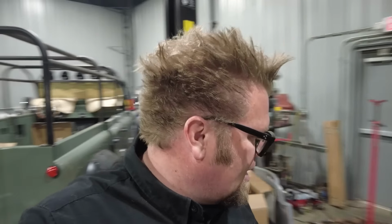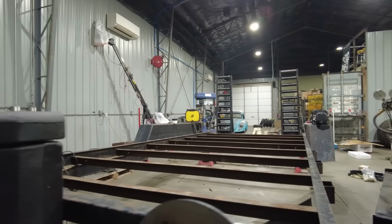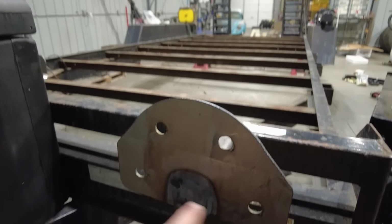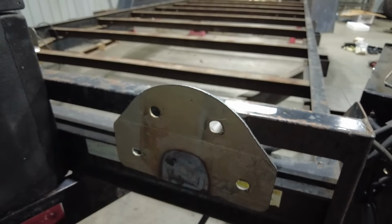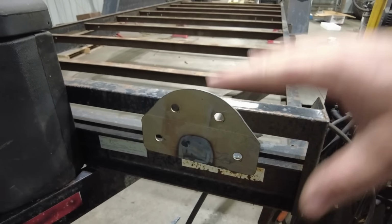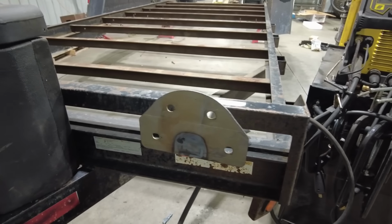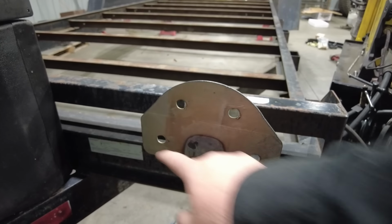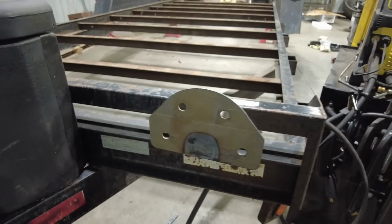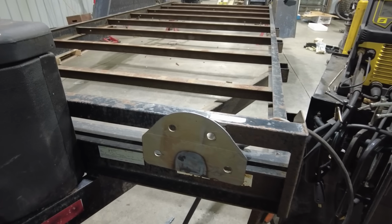Oh, I should show you one change I made with these. Originally I had thought about just doing one plate across and picking up just two bolts. But my concern was if I put a bolt in one and a lock in the other, the tire will want to roll around. So I thought, well, I should put 2 in. And I thought, well, if I'm going to cut this out, why not pick up 4 of the holes in the wheel,